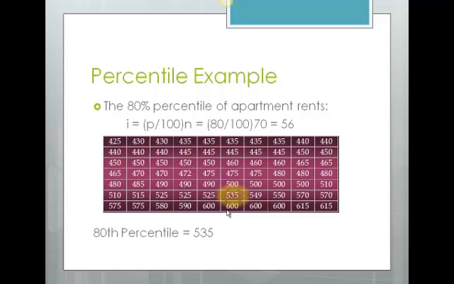The way I interpret that is at least 80% of my apartments are less than 535. So the 80th percentile is 535. Let's look,